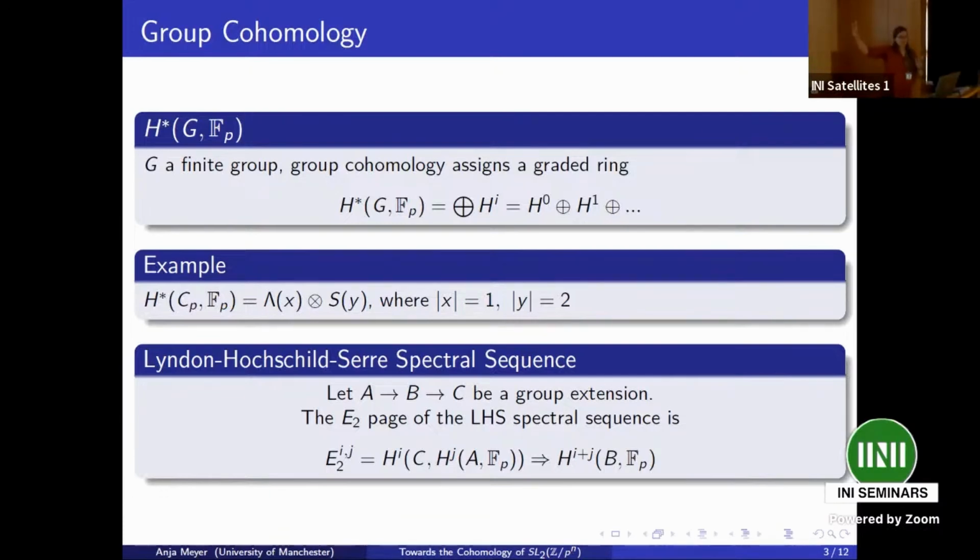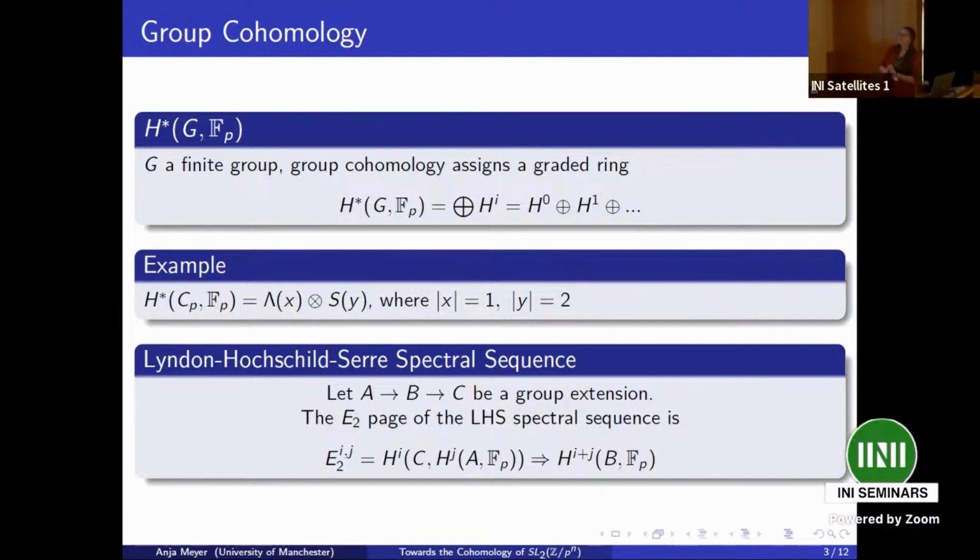And this formula, which I'm going to explain in a second, puts us onto the second page. And then we're going to keep flipping the pages. And at some point, all the entries on our pages are going to stabilize. There will be no change anymore. And this is what we call the E-infinity page. And this is kind of the holy grail which we all want.